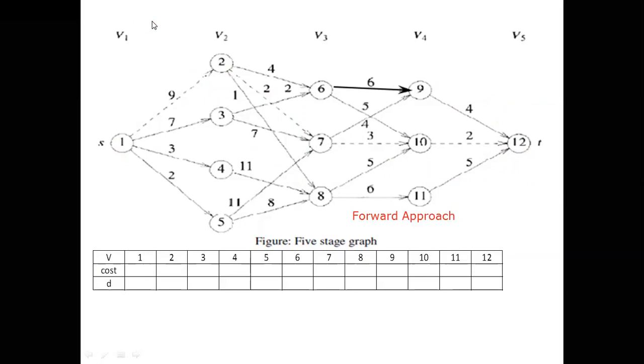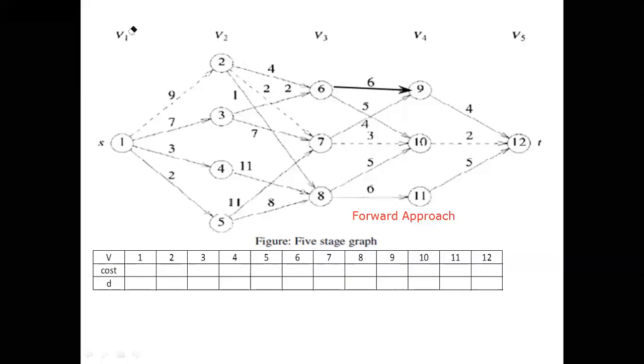In other terms, we start solving from 12 to 1. We will do it in the reverse way in the forward approach. Do not think that because the name is forward, it is going to solve from 1 to 12. It is not like that. The name is forward, but it is going to solve from 12 to 1. I hope it's clear. Now we will see how to do 12.